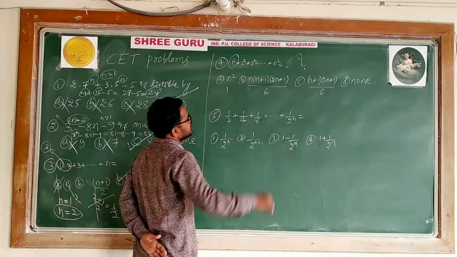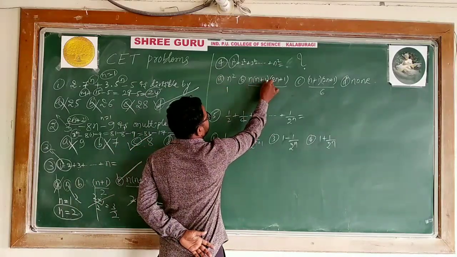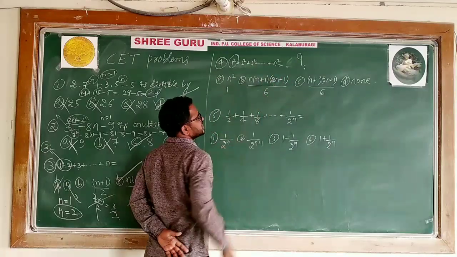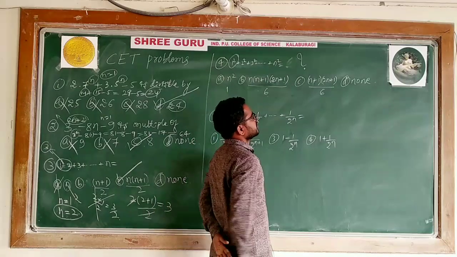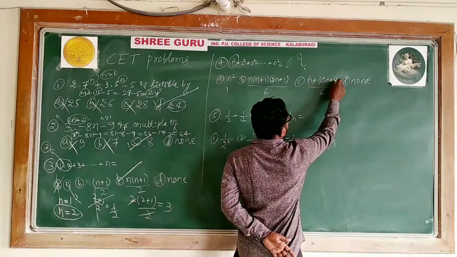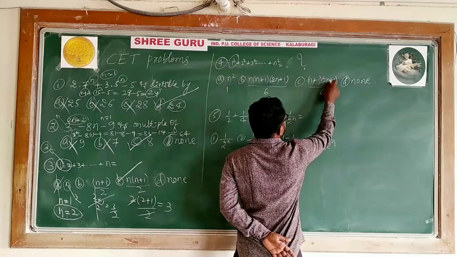n is equal to 1. 1 plus 1 is 2. 2 plus 1 is 3. 3 into 2 is 6. 6 divided by 6, ಇದು satisfy ಆಯ್ತು. n is equal to 1. 1 plus 1, yes, 2. 2 into 1 is 2. 2 plus 1 is 3. 3 into 2, it's again 6 divided by 6.